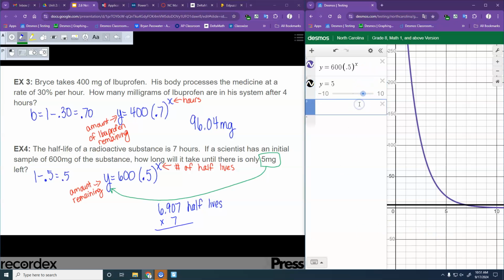So if we take 6.907 and multiply it by 7, we're going to get 48.349 hours. Yeah, so just over 2 days. All right. Okay, we are a little bit